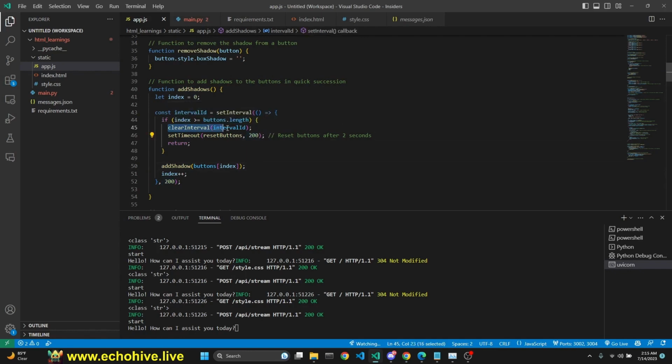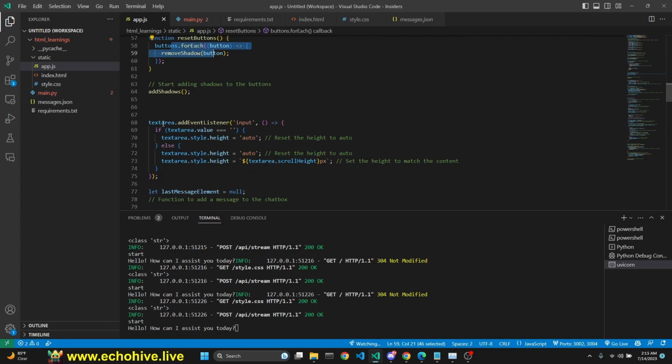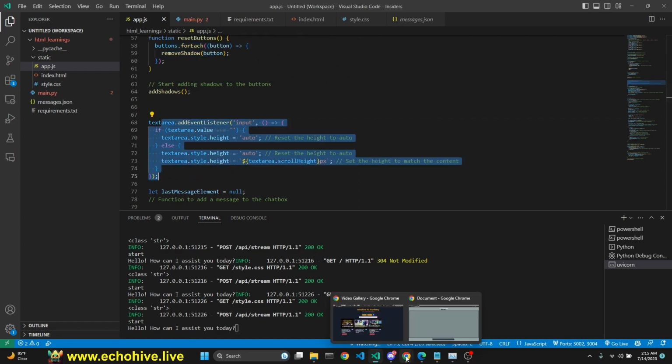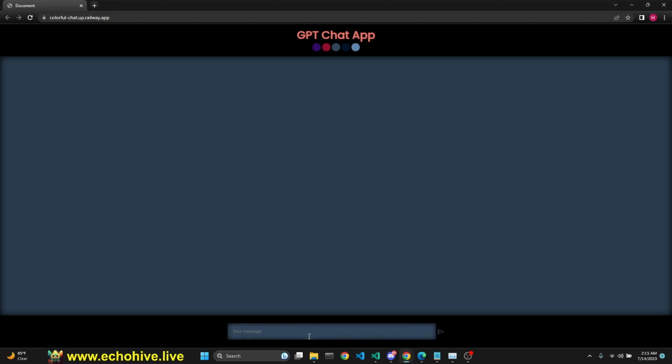We create the shadows, see, add shadow, and then we reset the buttons, which removes the shadow. As you see, the reset button function removes the shadow. We also have the text area event listener for input. This actually sets the input value of the text. So you can send your message by pressing enter or with the button, but shift allows you